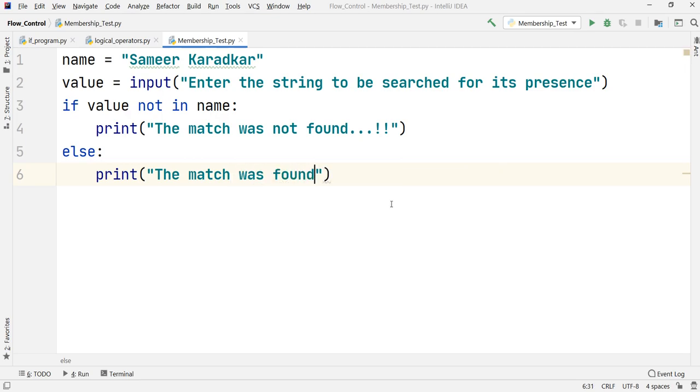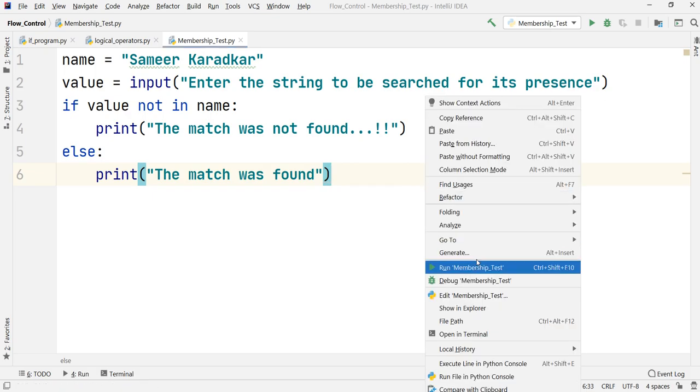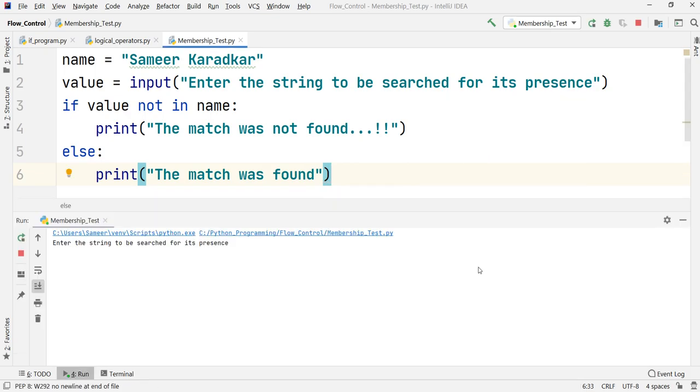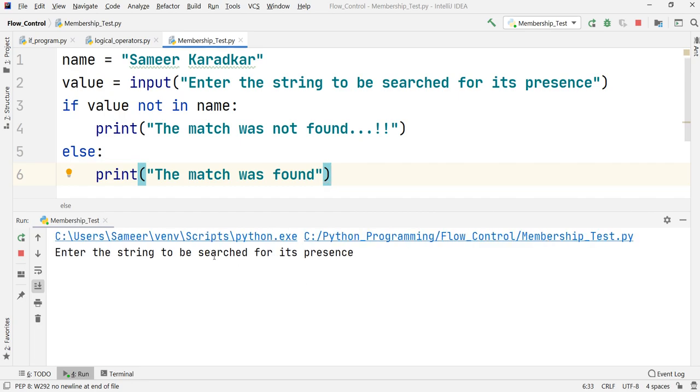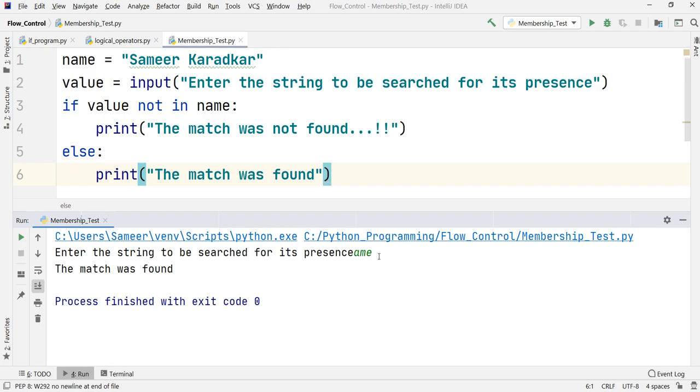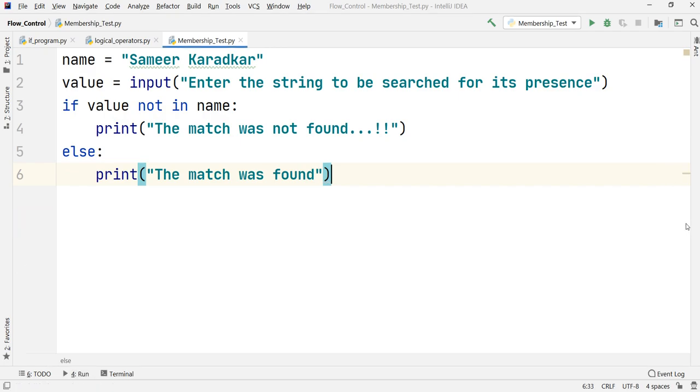So let us run this code and check what output we get. It is asking me to enter the string to be searched for its presence. Suppose I put AME like we had done earlier, and I press enter: the match was found. So it will give us the right answer. The only thing that we have changed here is that rather than using in, now I am using not in.